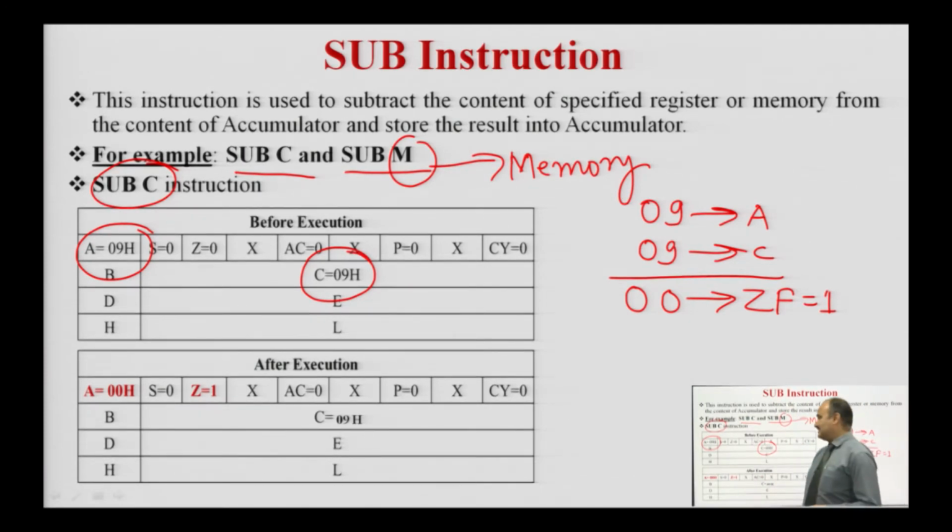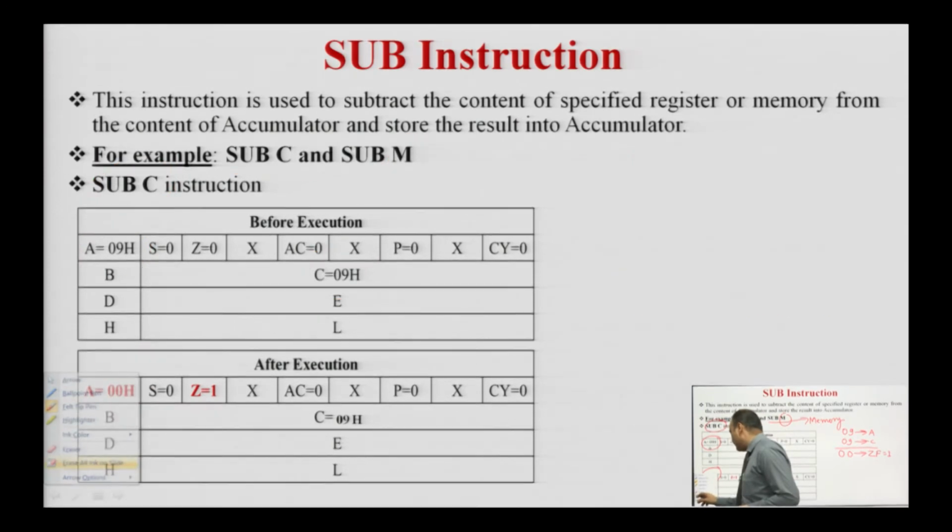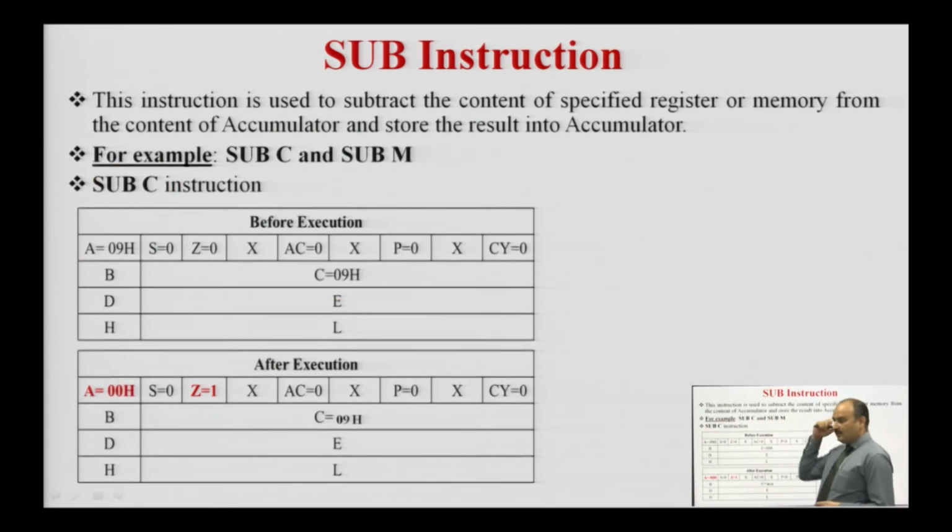So, the zero flag is set to reflect the result of the operation, and the result is placed into the accumulator. So, after the execution of this instruction, the accumulator becomes 00H. So, this is the case of the SUB instruction. Before we discuss this SUB C instruction,